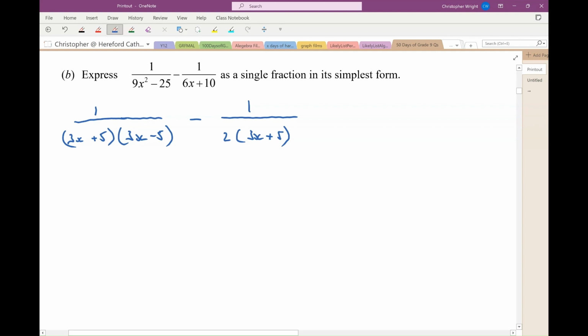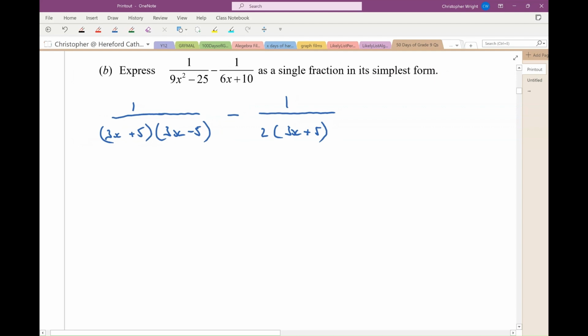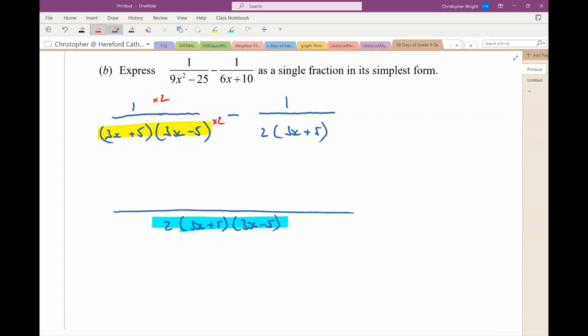Right. Now, if I'm going to subtract these fractions, then I need to be working with a common denominator. Let's have a think about the lowest common denominator I could be dealing with. Well, the lowest common denominator is going to be 2 lots of 3x plus 5 times by 3x minus 5. Now, let's look at this first fraction here. What's this denominator being multiplied by to get my new denominator? Answer, it's being multiplied by 2, so I must do the same to the top. 1 times 2 is 2. Minus